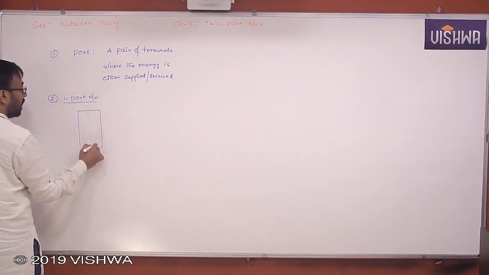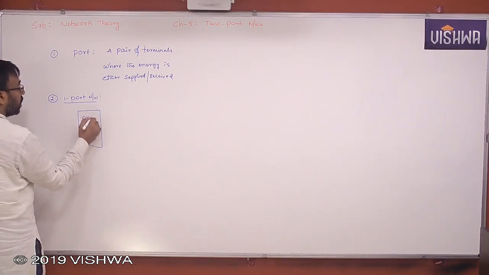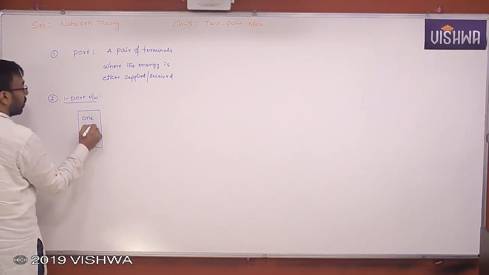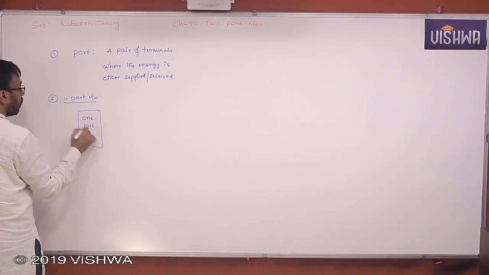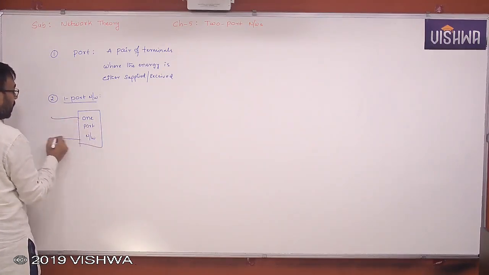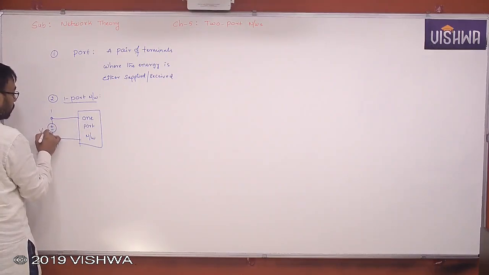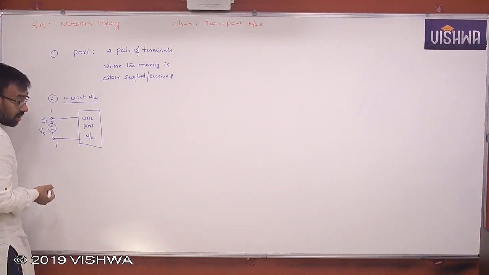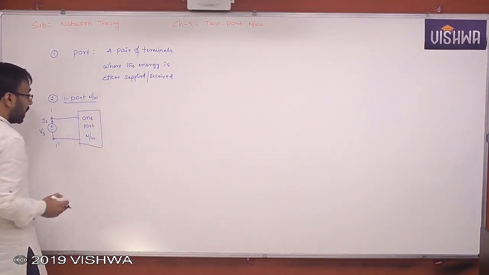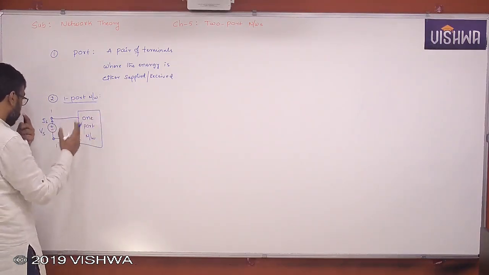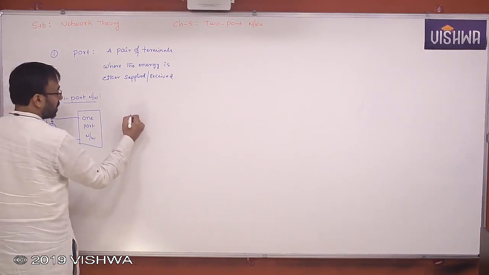So if it is a one port network, look at this, all of you. You will have only one pair of terminals. Say this is 1, 1 dash. Either the energy is supplied, say this is Vs and this is Is. It is acting like a source, and now you are injecting the current into the network. You are injecting the energy into the network. Or else you can also